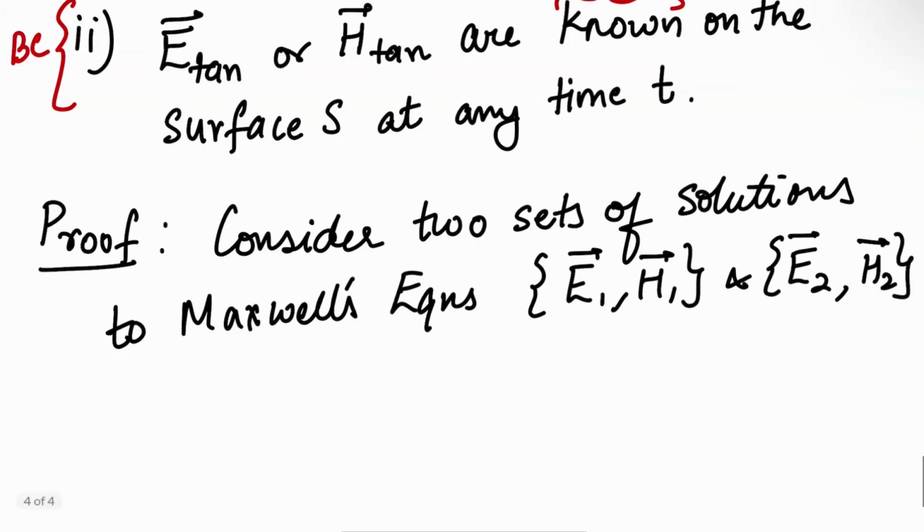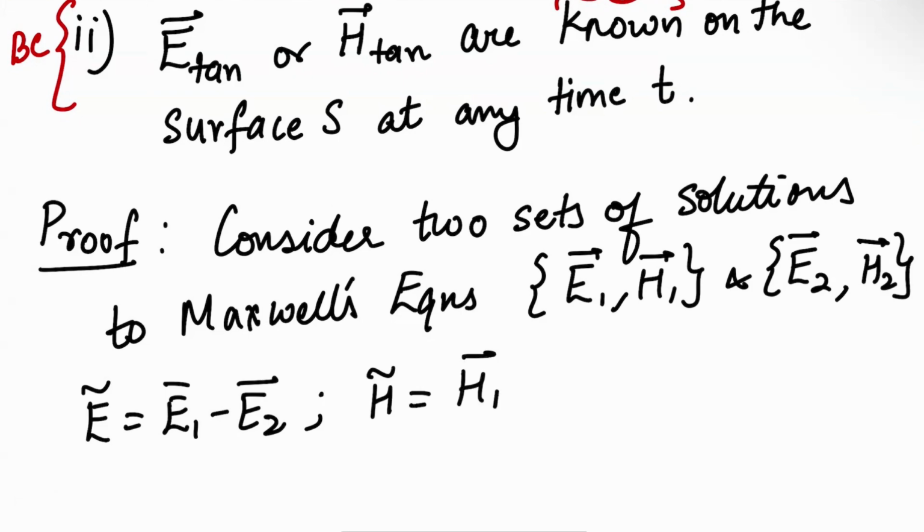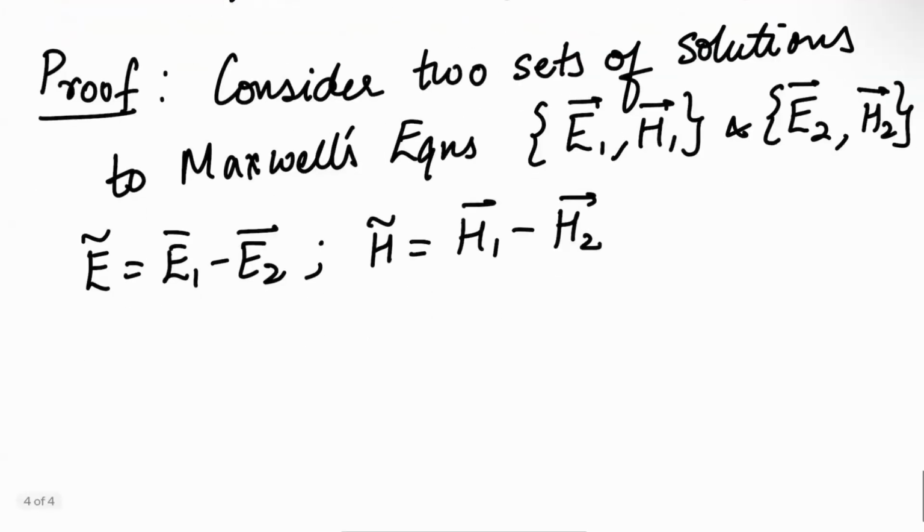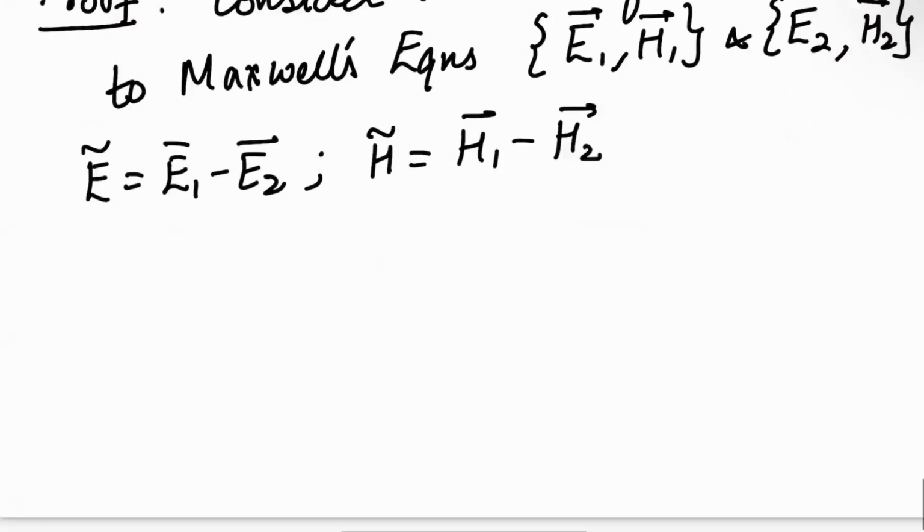Then we'll define E tilde as E1 minus E2 and H tilde as H1 minus H2. By superposition, E tilde and H tilde should also satisfy Maxwell's equations,